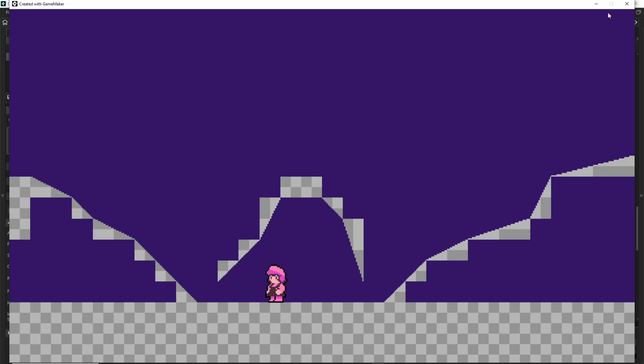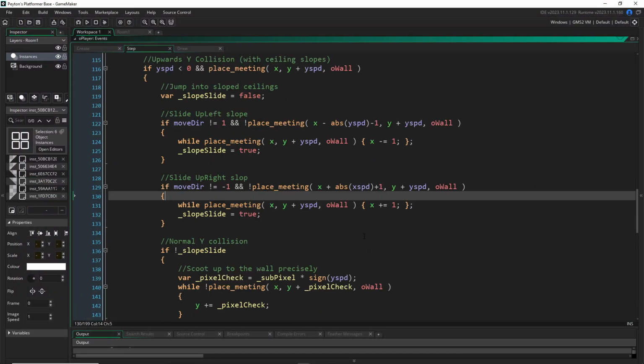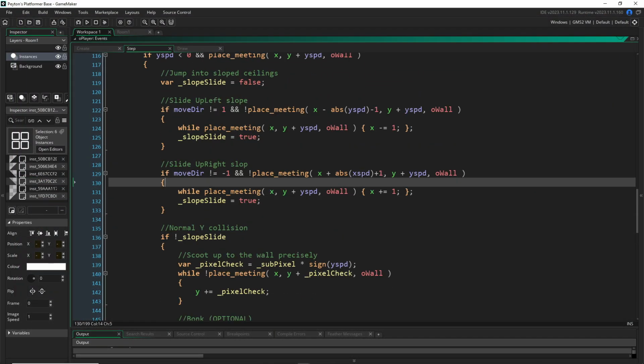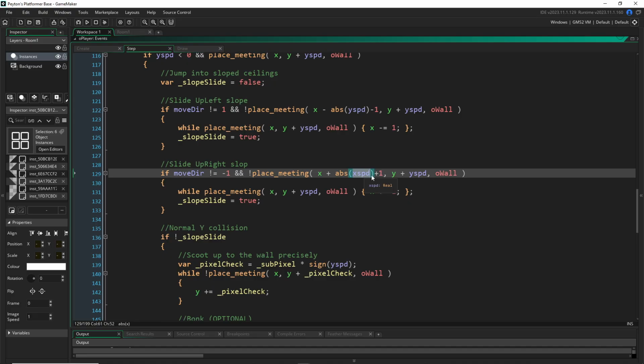What did I do? Let's see. Let's look at it. What did I screw up on this one? Oh, silly me. Here's what I screwed up. This is not supposed to be X speed right here. See how touchy this stuff is? This is supposed to be Y speed, right? It doesn't make any sense for us to check our X speed there. I probably added that in as a little note as I was typing it wrong, but this is a good